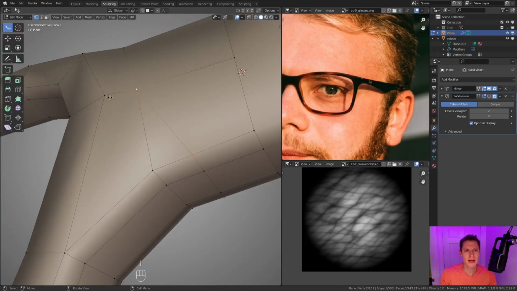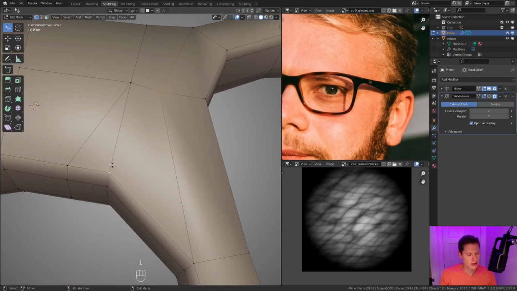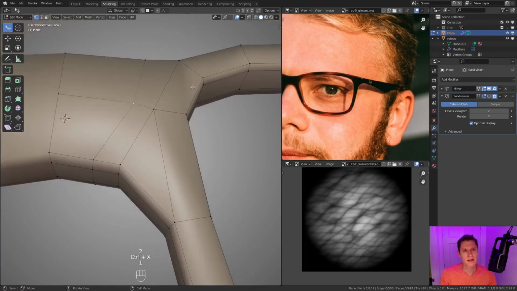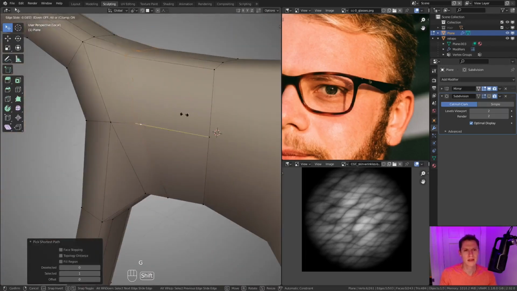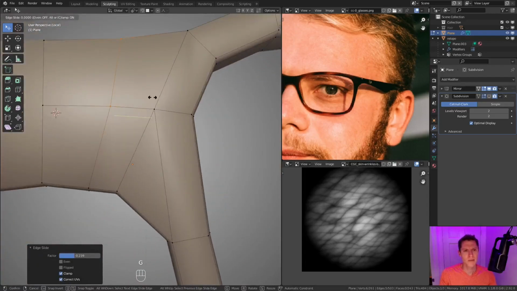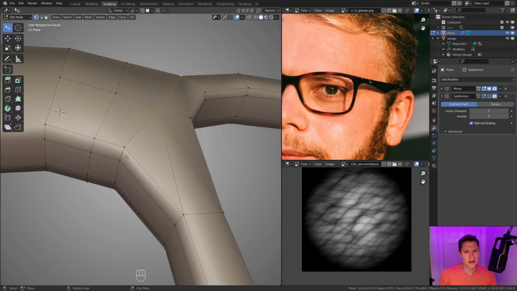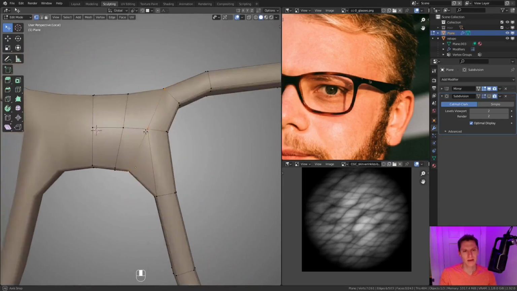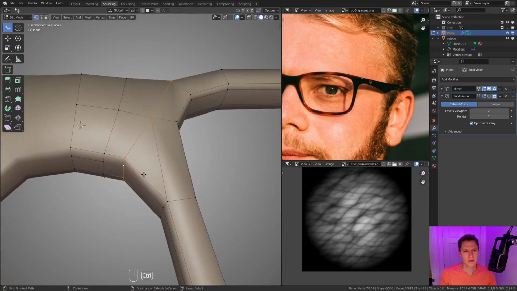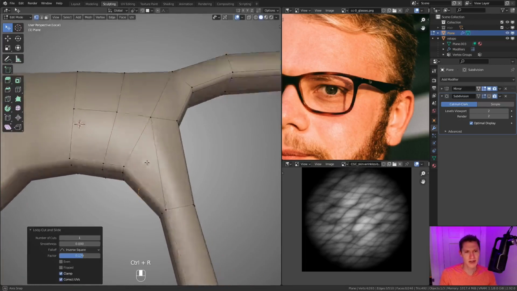And bear with me while I redirect these edges, because this sharp edge is noticeably angled right down this way. But the geometry was not compensating enough for that.